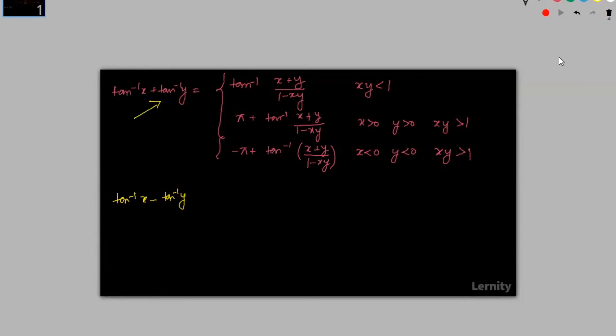So if you have these properties, instead of y, I will substitute minus y. So here it will be minus, plus, minus, plus. So remember, if you have tan inverse of x plus tan inverse of y, you have the original. And if you simply substitute the original y with minus y, everywhere instead of y, the property will be this.